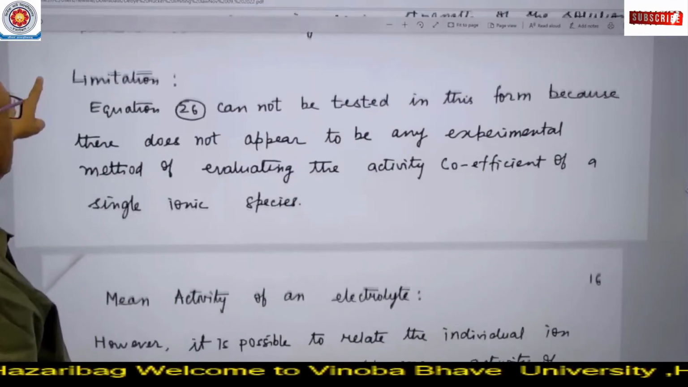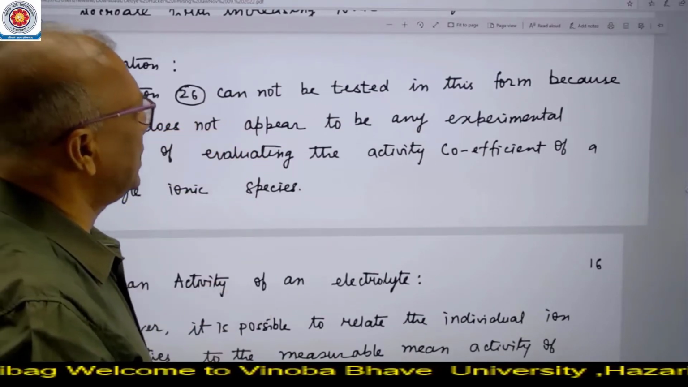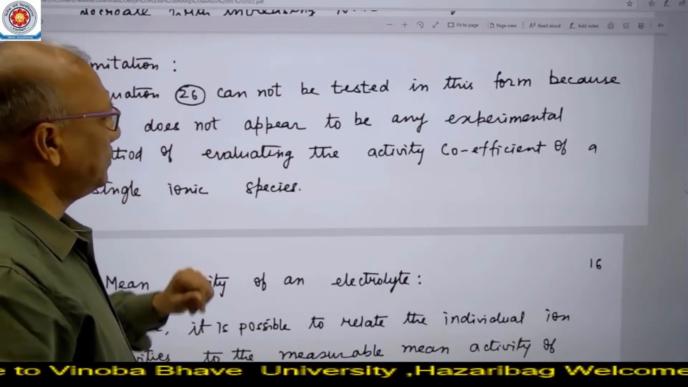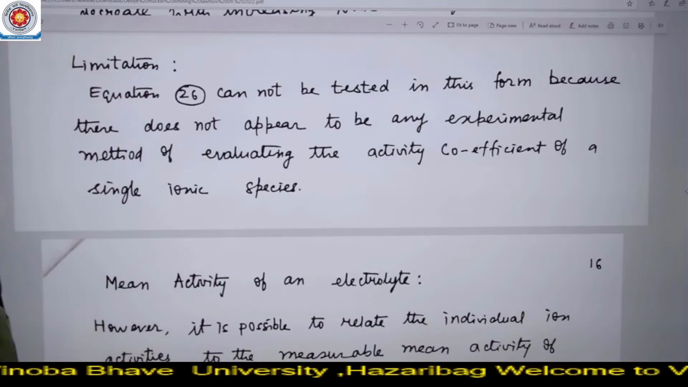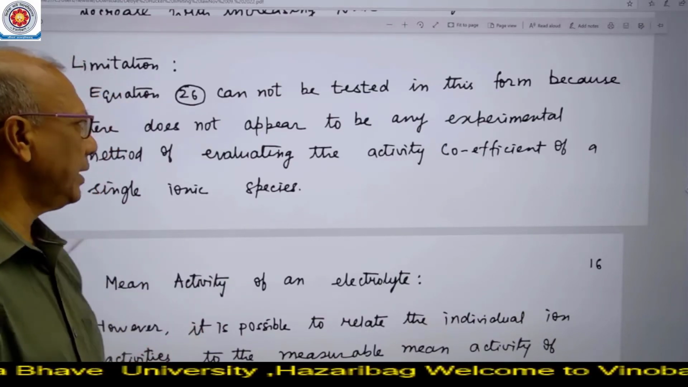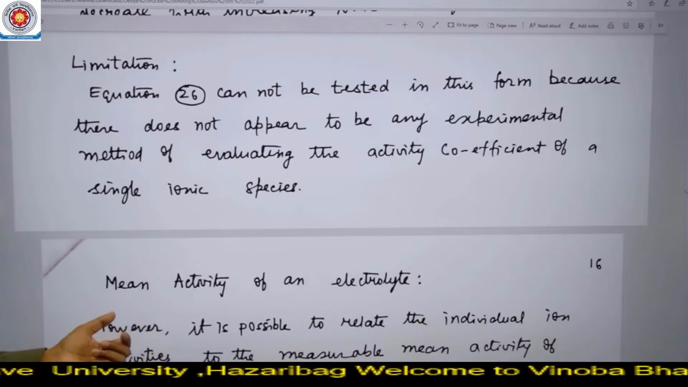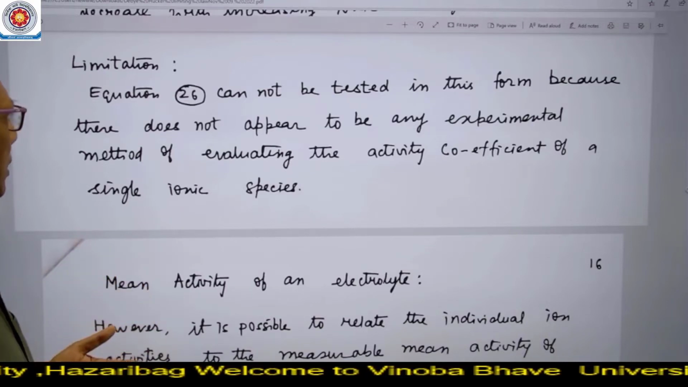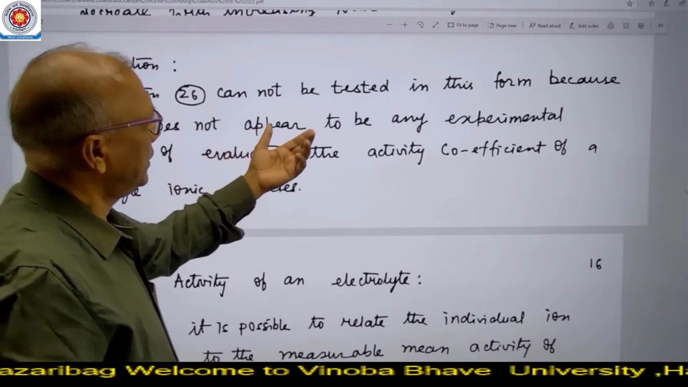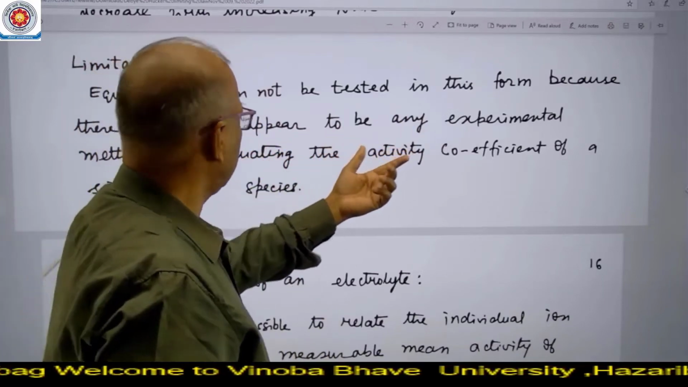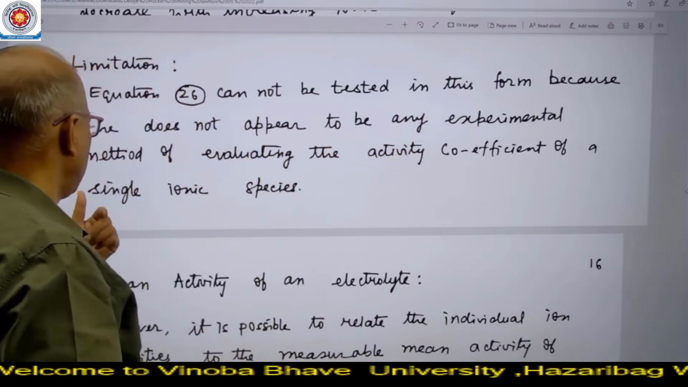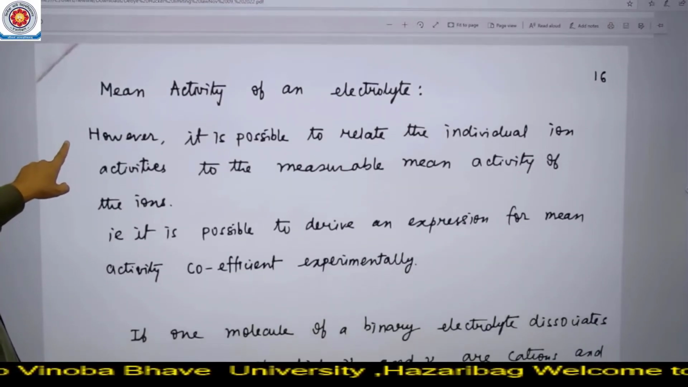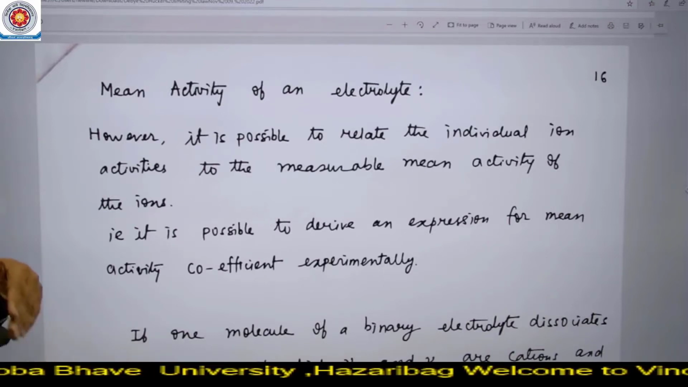Now there are some limitations also. Equation 26 cannot be tested in this form because there does not appear to be any experimental method of evaluating the activity coefficient of a single ionic species. ऐसा कोई एक्सपेरिमेंटल मेथड हमारे पास नहीं है जिससे कि हम एक सिंगल आयन के चलते जो एटमॉस्फेयर क्रिएट होगा उसको टेस्ट कर सकें. So what we do, तो हमारे पास क्या रास्ता रहता है, तो एक और टर्म हमारे पास है